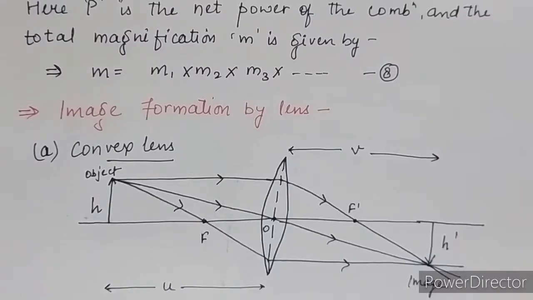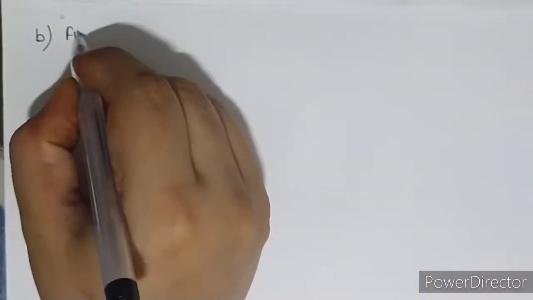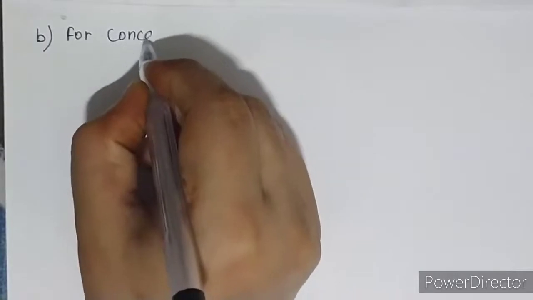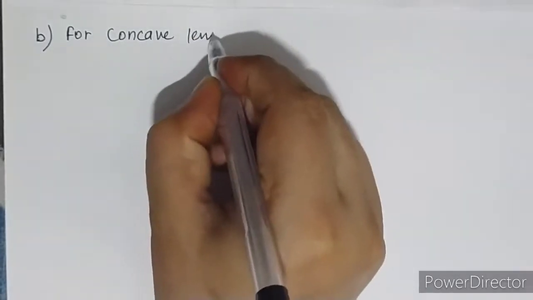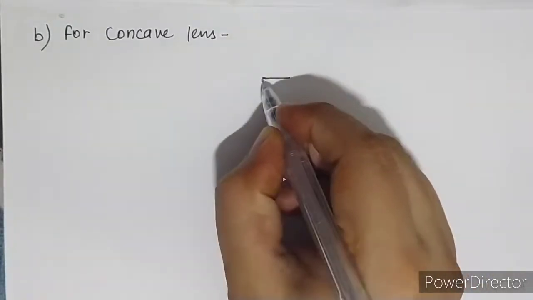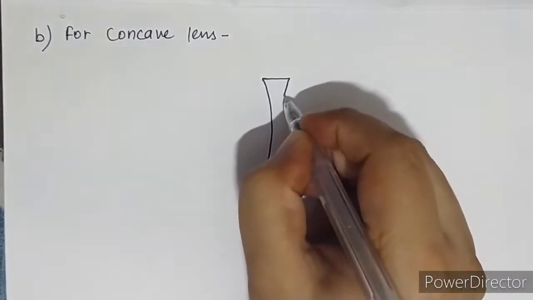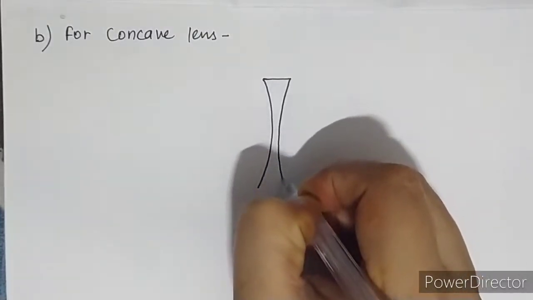So these we have studied for the convex lens. Now we are going to study the concave lens also, and these same three rules are followed in the concave lens also. You know, the concave lens is your divergent lens. So the second one is for the concave lens. First of all, I am drawing the concave lens, beta. You know the diagram. This is how your concave lens looks.